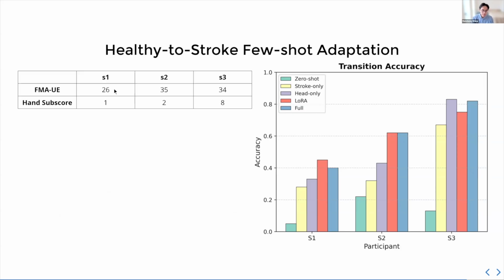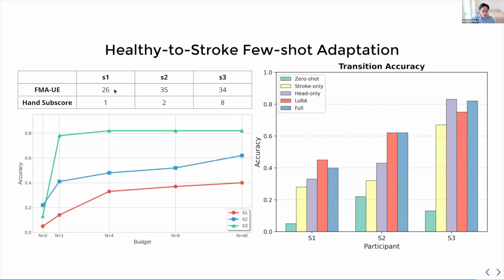And one other behavior we see is that if you consider the amount of samples you use, right? The extreme few shot setting where you only have one sample or 4 samples, 8 samples. So at one single sample, if you fine tune from healthy, it actually improves your performance by quite a bit, almost doubles than if you train from scratch. Which goes to say that these pre-trained weights are from healthy, which might have a different distribution than stroke, actually helps a lot with stroke adaptation.